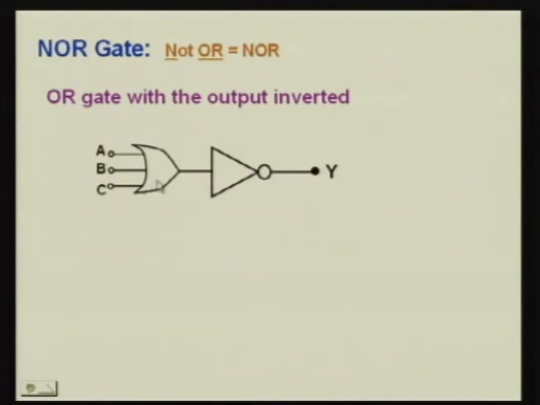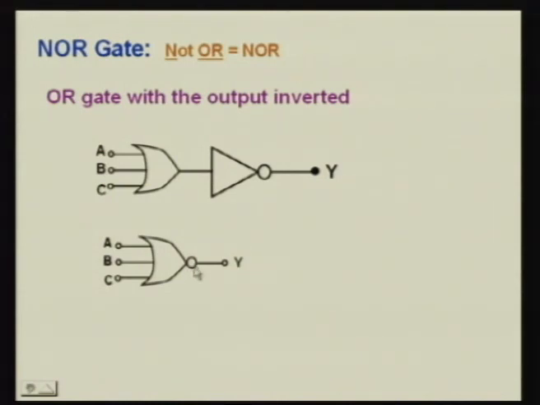You can understand it like this: this is the symbol for the OR gate and this is the symbol for the NOT gate. So basically a NOR gate is an OR gate followed by a NOT gate. This is the symbol for the NOR gate. We have A, B, C as inputs and the output as Y. This bubbled